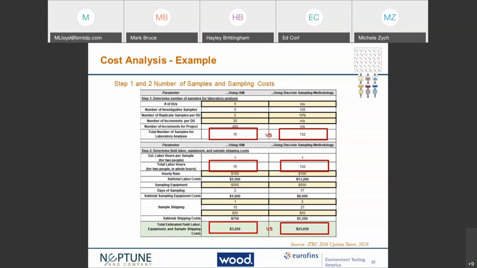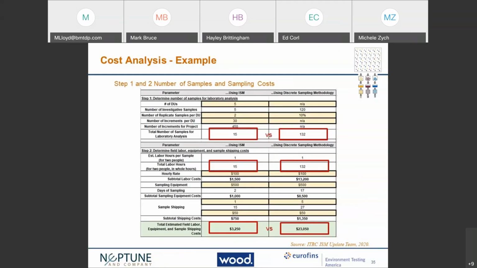You are going to containerize that all into one container so that your labeling and your processing afterwards is reduced. And so just in general senses, you could have 30 increments, and with the right tools, you can collect those samples, depending upon the size of your area, in about 30 minutes. That is just something you can think about as you're doing, what is the time associated with sampling at these sites?